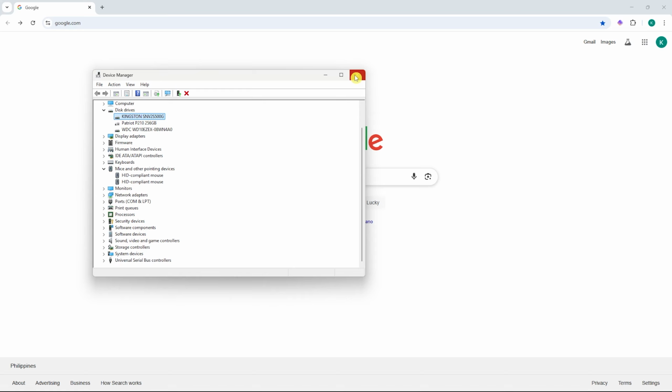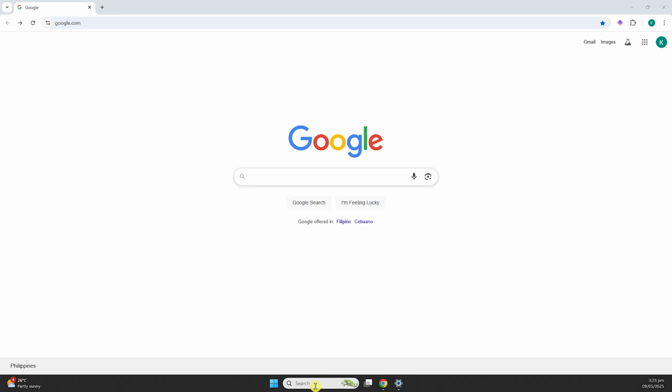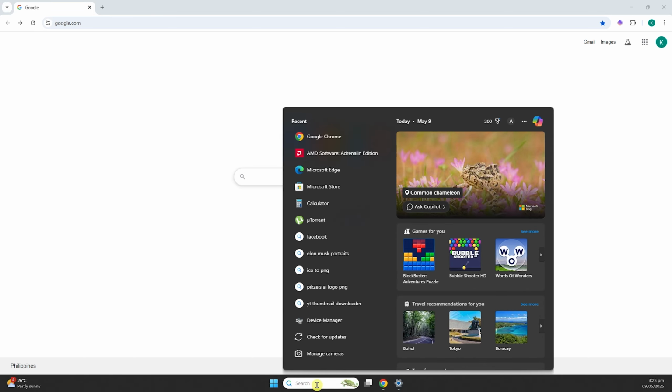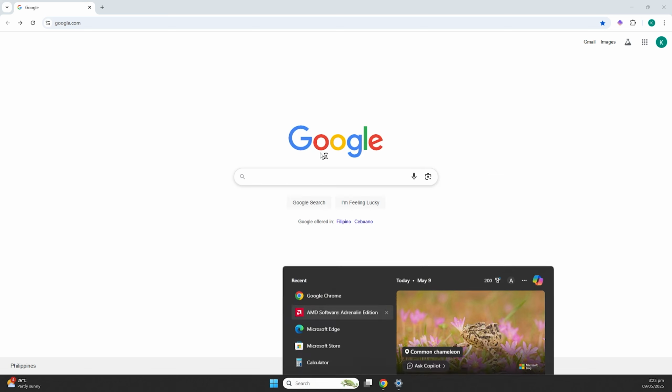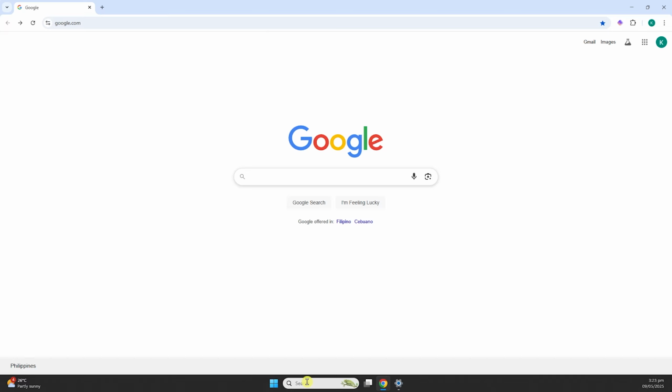Now, what if you are looking for your GPU drivers? Well, that would depend on whether you have Intel, AMD, or maybe NVIDIA. In my case, I have an AMD graphics card, so I just need to go for my AMD software, which is this one. If you have NVIDIA, then you can just search it up on your system and see if